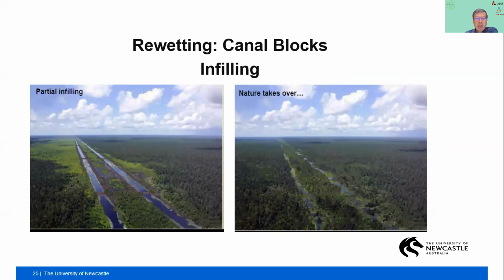And with partial infilling, because the water is not flowing, over time the vegetation regrows over it, you don't have quite the canal anymore,